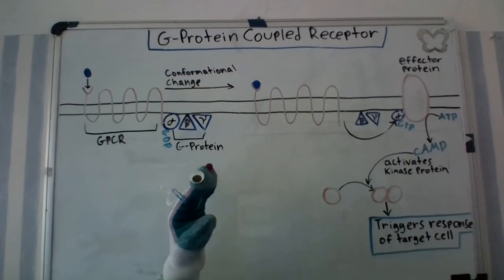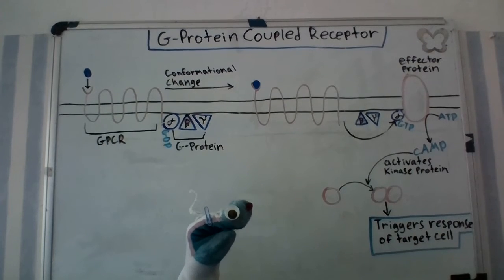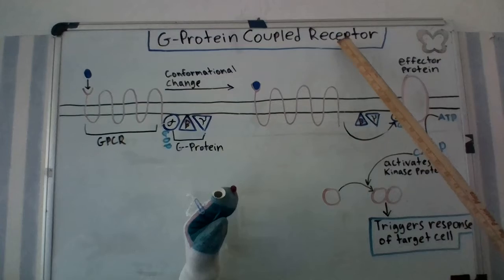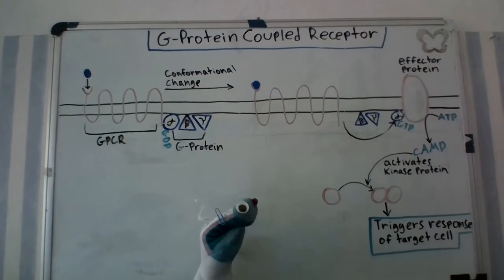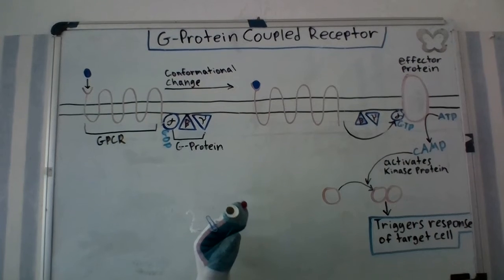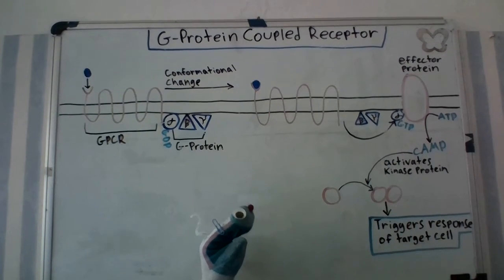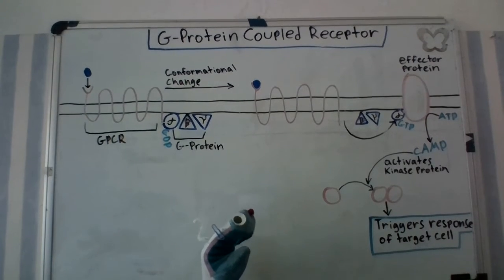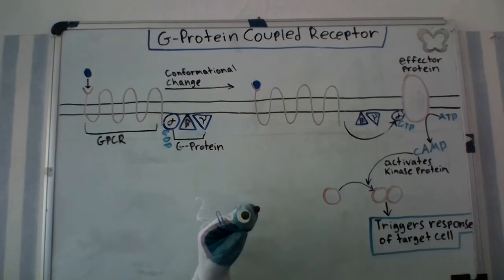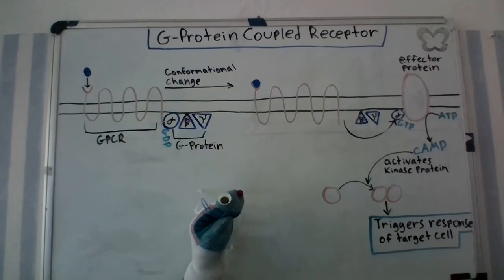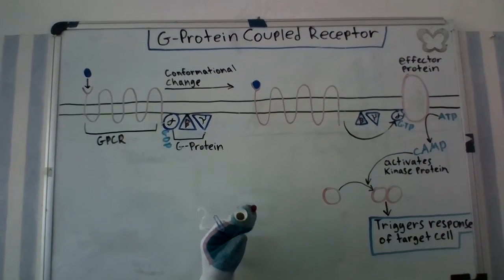Hello everyone, my name is Sandra the Sock Puppet. I am going to teach you all about G-protein coupled receptors, or GPCR. GPCR are an incredible way for water-soluble messengers to pass information to the inside of a cell. Without the GPCR, water-soluble messengers cannot pass through the cell's hydrophobic plasma membrane, so the GPCR is a clever way